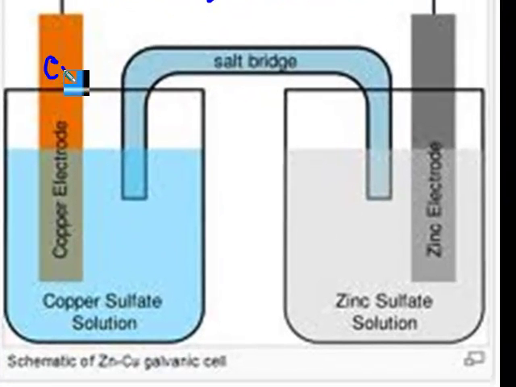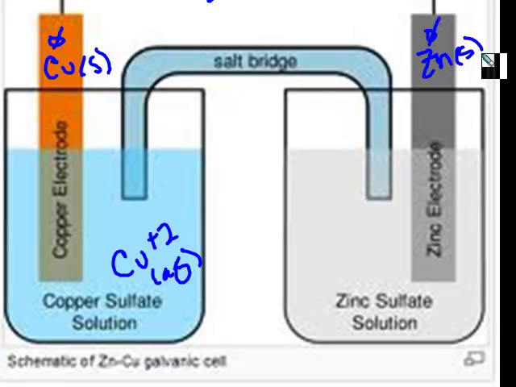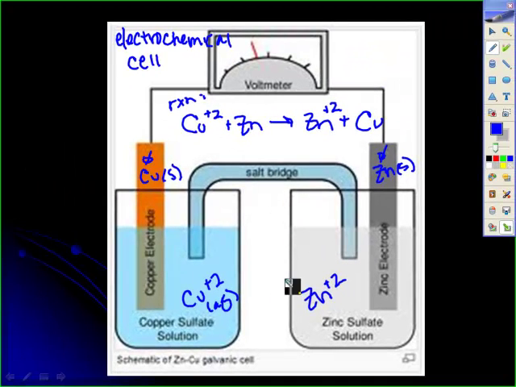So here we have our Cu with the 0 oxidation number, and then in solution we have some Cu +2, so that would be aqueous. This would be solid, so no charge, just a metal on the electrode. And same for your zinc. Zn is a 0, it's a solid, and then you've got in solution Zn +2. And we still have the salt bridge that we haven't talked about. But what I want you guys to see is that in the process of this